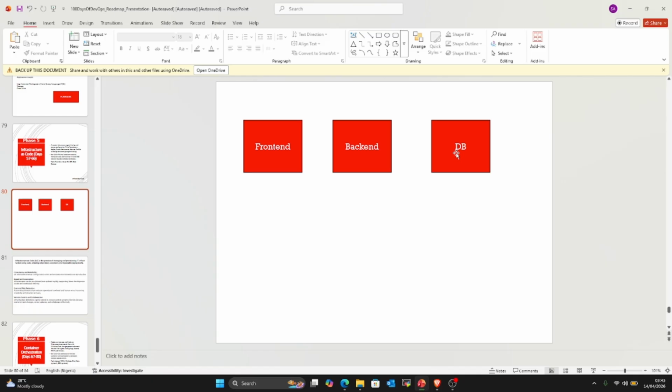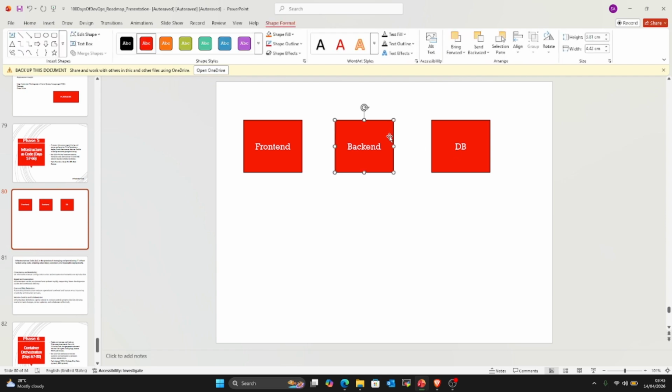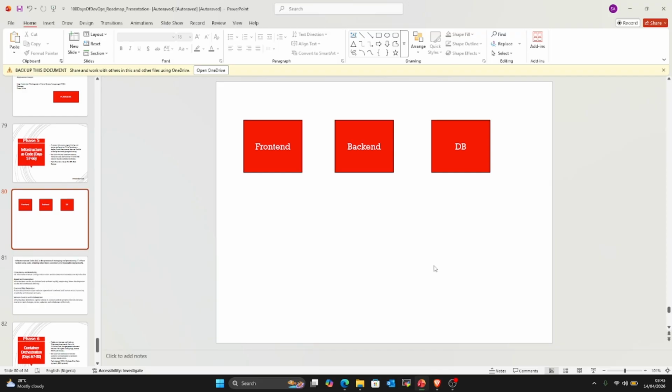So now the task is to create this application. We have one front end, one back end, and a database. And they tell you, okay, provision these virtual machines or provision these web apps. You can always go to the portal, click on web app, create the front end, create the back end, create the database, connect it together, do that on the Azure portal, and it's fine, right? You can even use the command line interface, that CLI, to provision all these things. It's very, very simple to do.